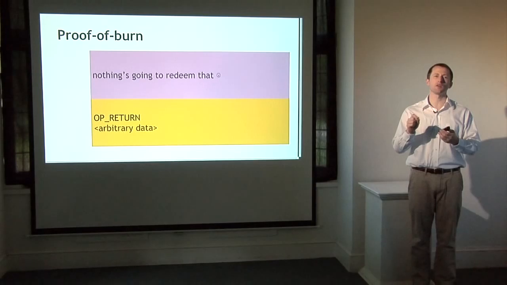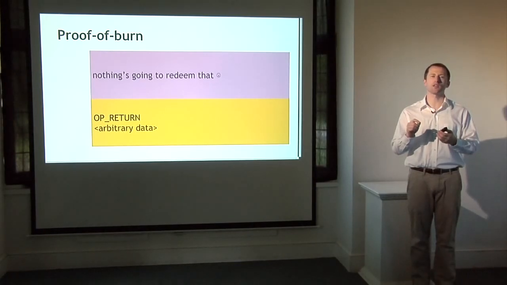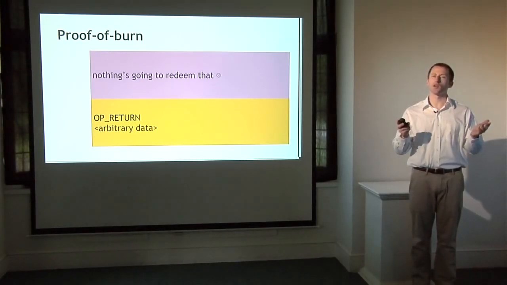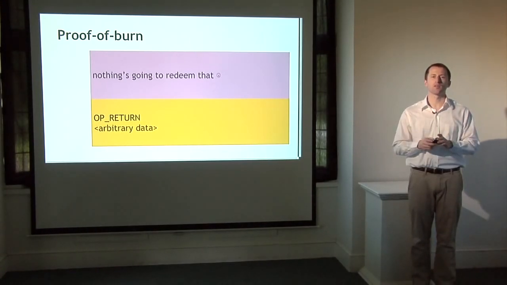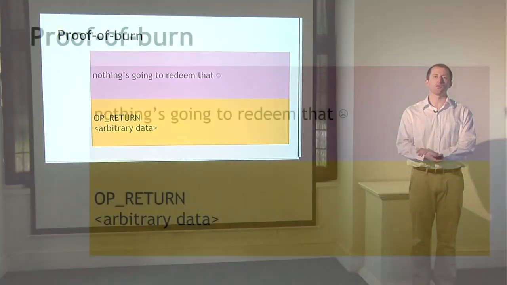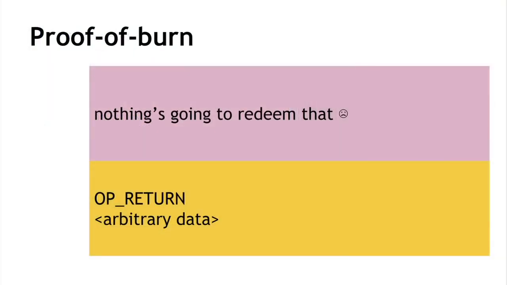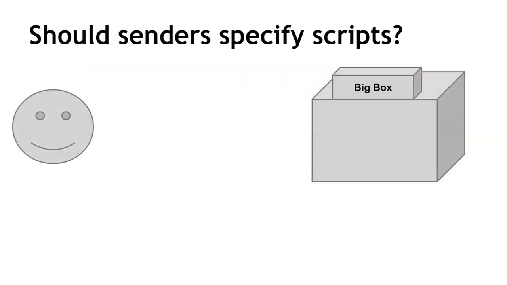So you can destroy a very small amount of currency, and in exchange you can write whatever you want into the blockchain, which should be kept around forever. The other example of proof of burn we'll talk about in a later lecture on alternate currencies, but it can be a way to bootstrap an alternative to Bitcoin by forcing people to destroy Bitcoin in order to gain coins in the new system. So one thing that's funny about this is that the sender of coins has to specify